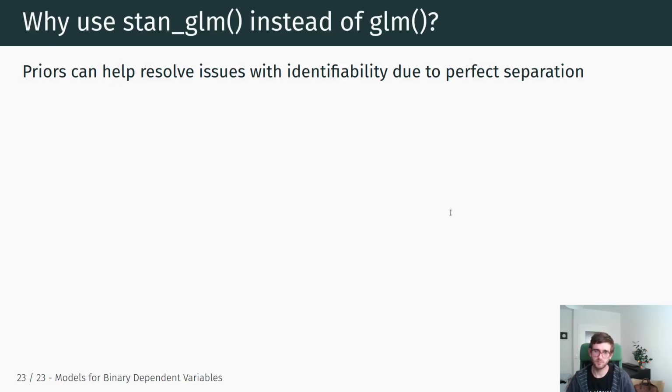But an additional advantage that we discussed in the past is that we can use priors or include prior information, right? And even if we have weakly informative priors that just keep our estimates in a reasonable range, they can nevertheless be useful in certain cases where basic, conventional Logit and Probit models run into